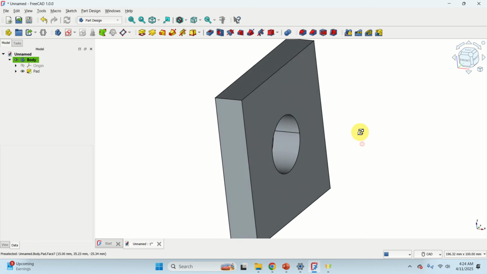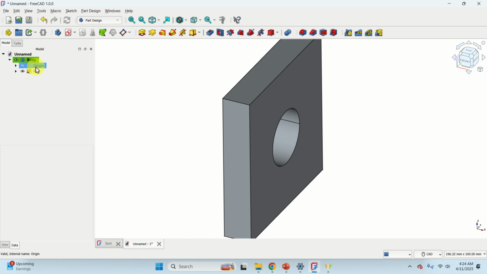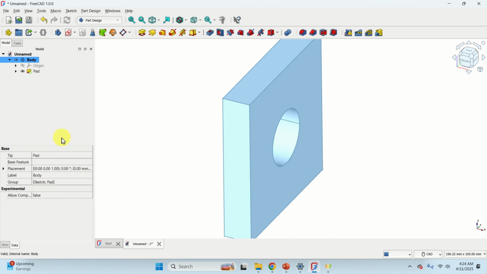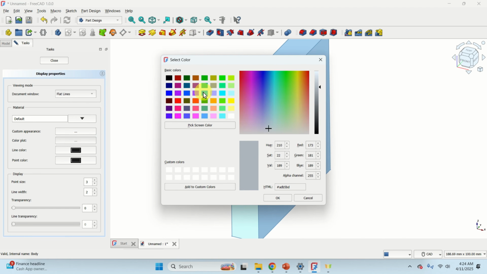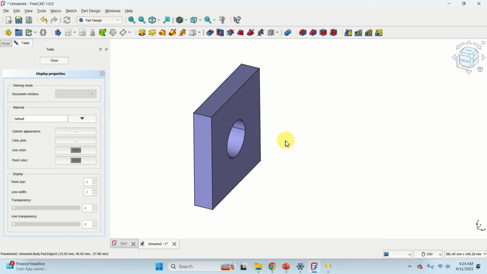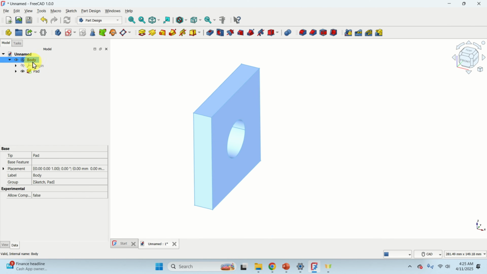To change the color of this part, let's do the following. Click on the body, do the right click, click on appearance, then click over here, click here, and let's, for example, select this color over here. Click on close, and now you can see that the color is changed. Click on close. The next step is to save this part, but before we do that, click on body and